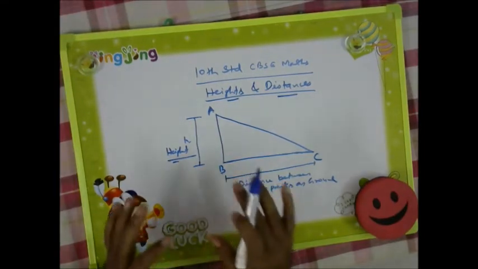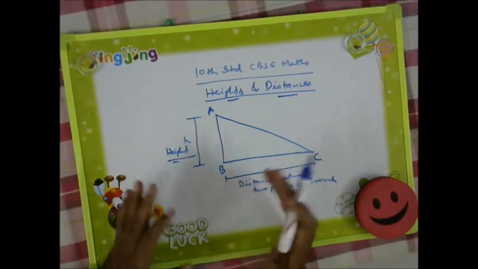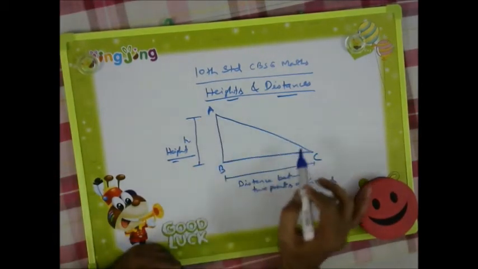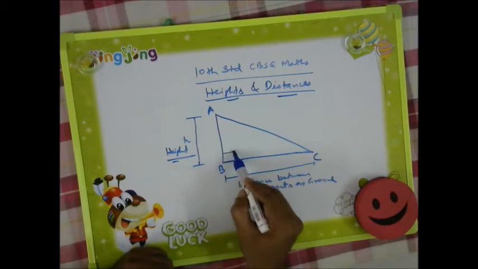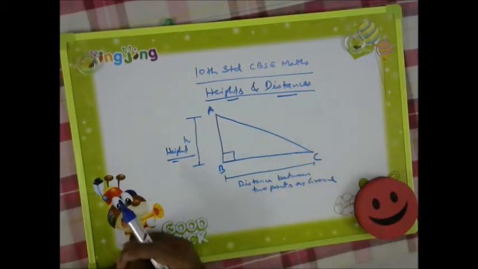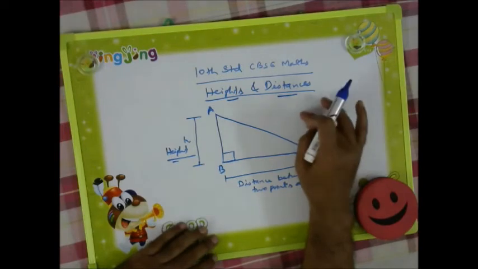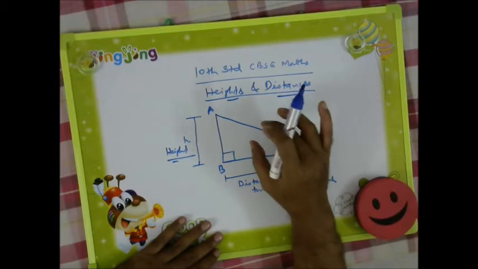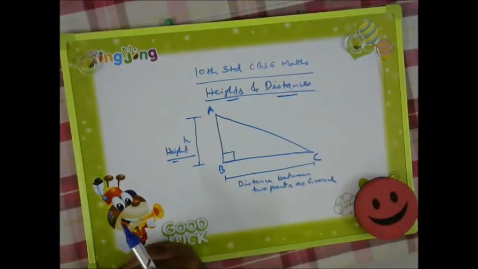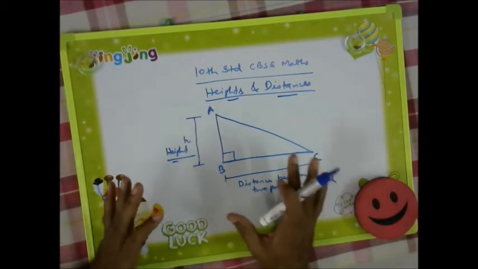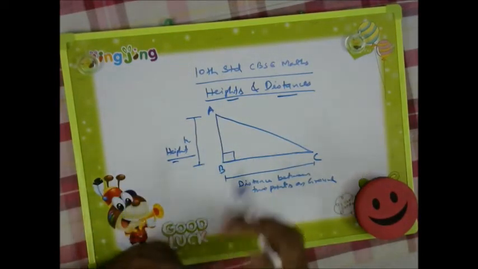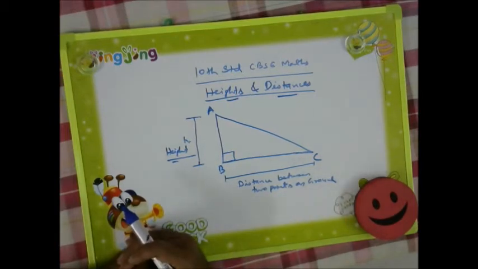Okay, so we are going to solve a problem which can be converted into a triangular form, in which some height will be there, in which some distance will be there, and we will be having hypotenuse. So a right angled triangle will be formed. So you can say that questions in heights and distances are related to the right angle triangle. The statement will be given to you in such a way that you have to form a right angle triangle, and then further you have to solve by using trigonometric ratios.